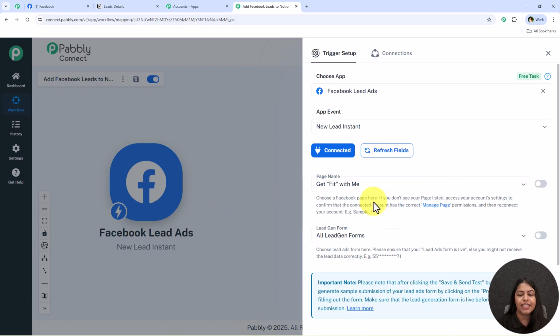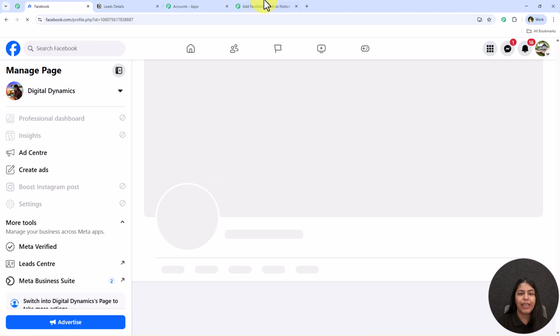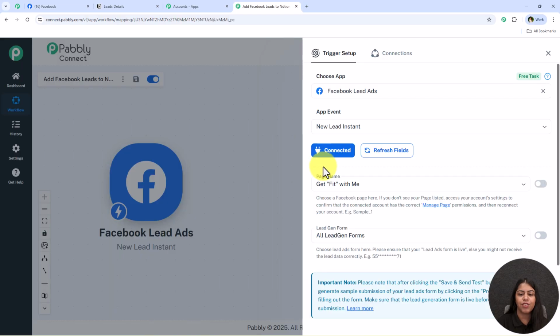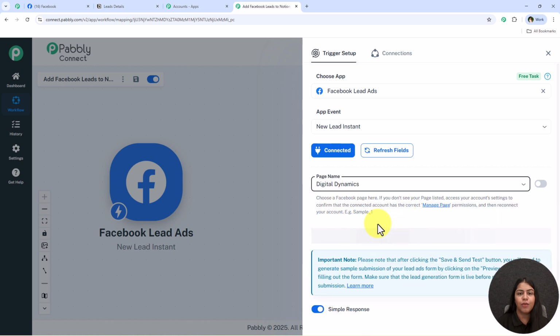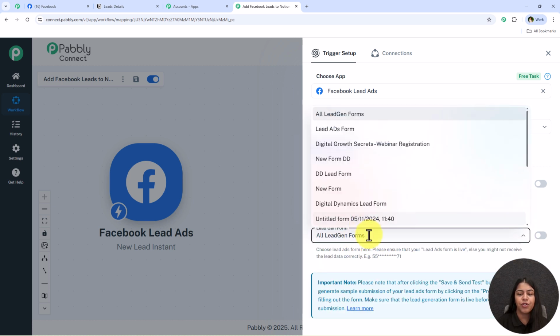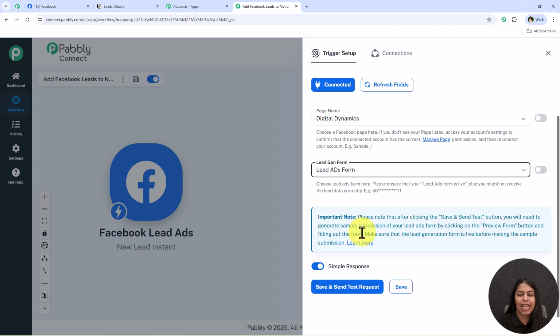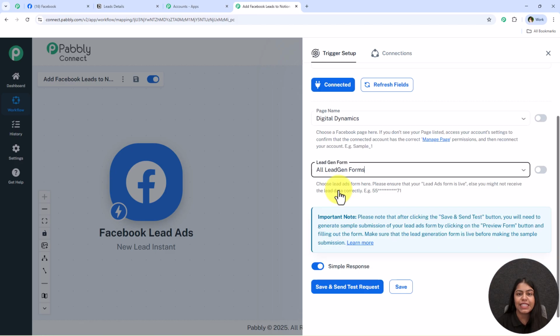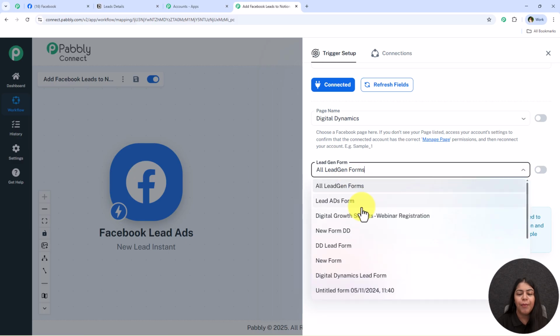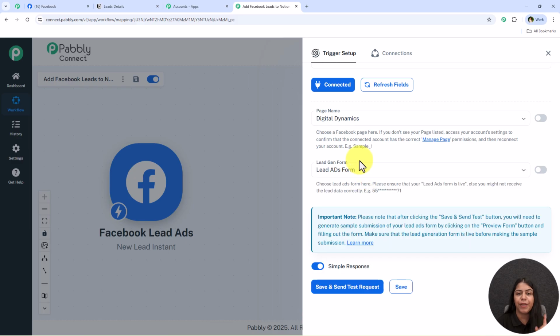Now over here it is asking me for the page name and the lead gen form. As you can see, the name of my page is Digital Dynamics, so I'm just going to simply select the same, which is Digital Dynamics. And now I'm going to select the form for which I want to create this automation, which is this lead ads form. If you want to create this automation for all your lead gen forms, you can simply select all lead gen forms too. But I want to create this automation only for a particular lead gen form, which is lead ads form. So I'm going to select the same and click on this button which says save and send test